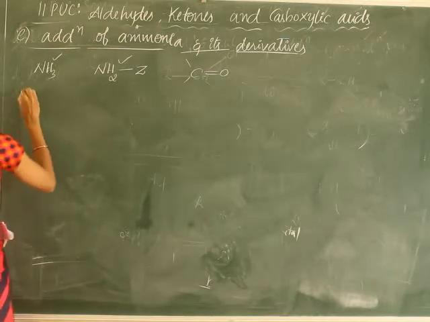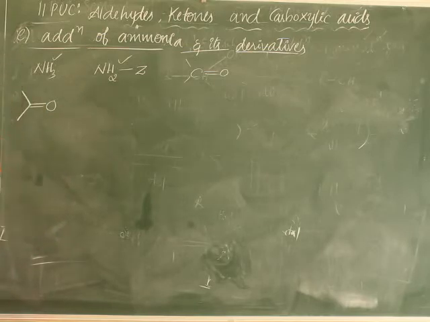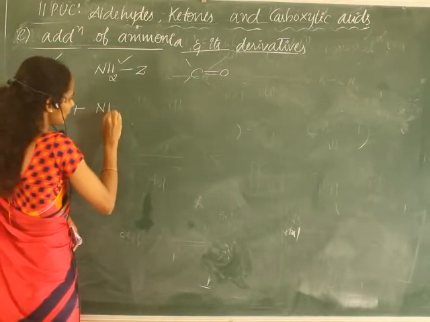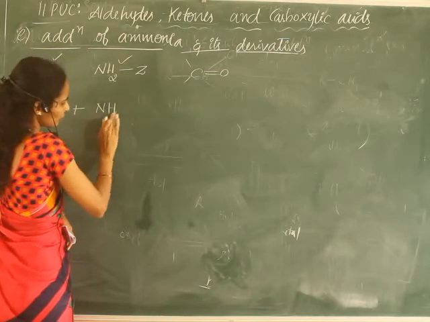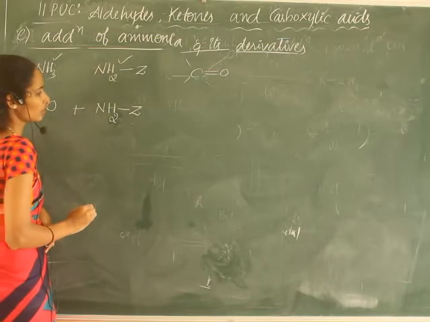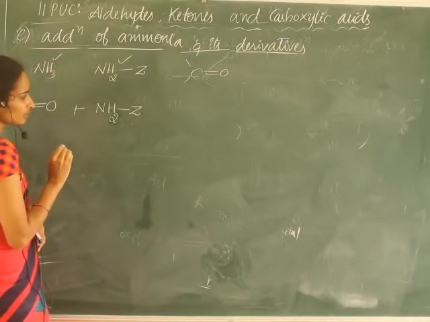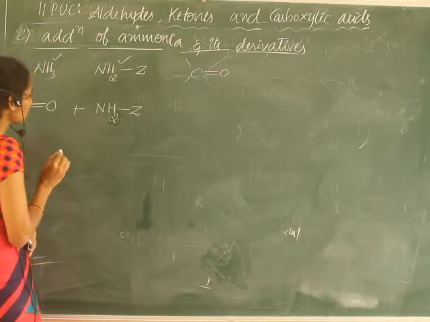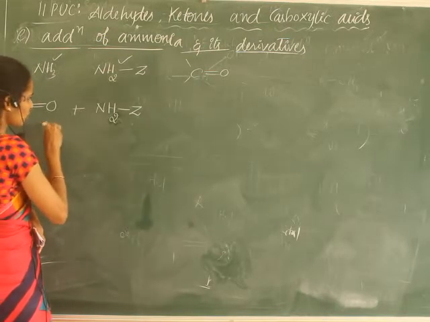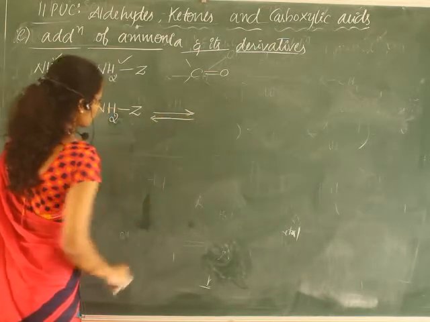First is carbonyl compound on reaction with ammonia NH3 or its derivative, or I will write NH2Z derivative. If Z is H, then it is ammonia. Am I clear? Now, carbonyl compound on reaction with the